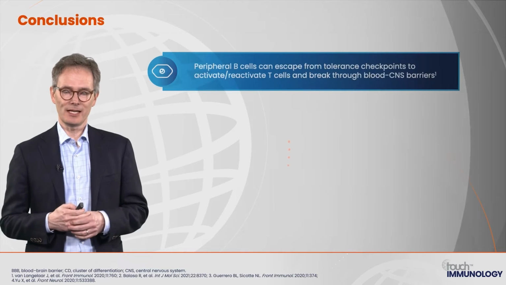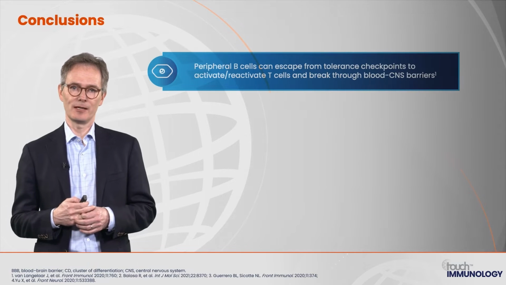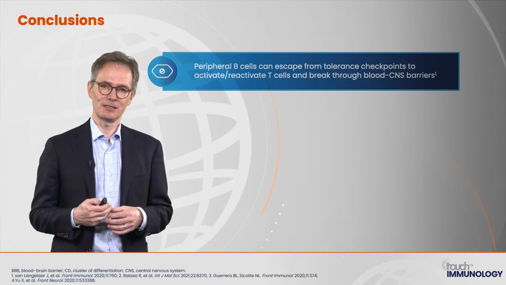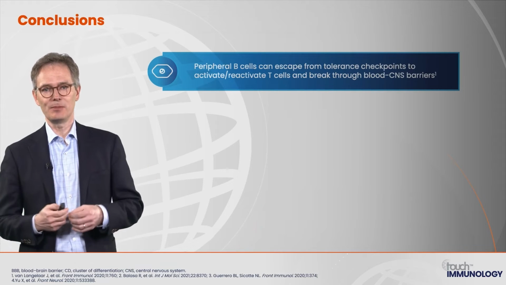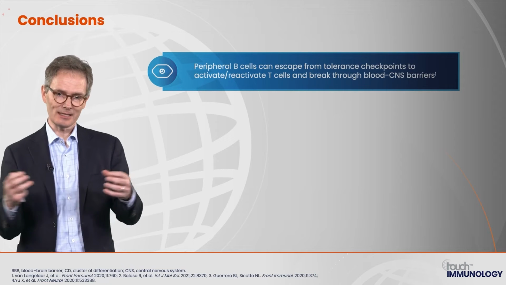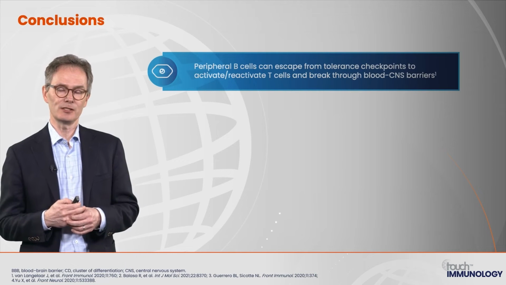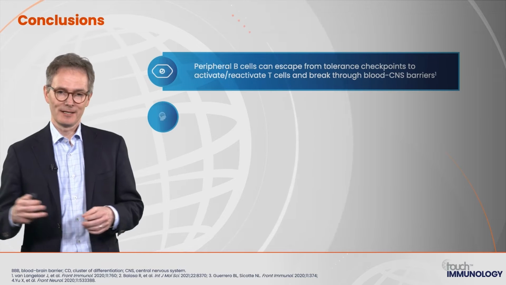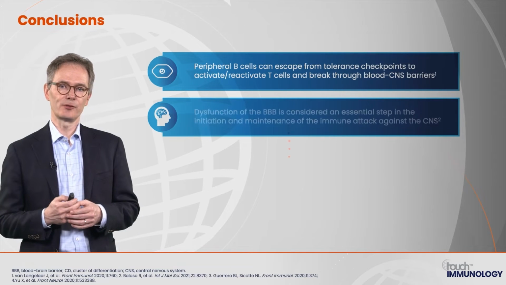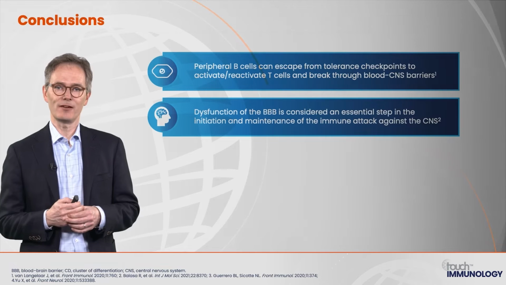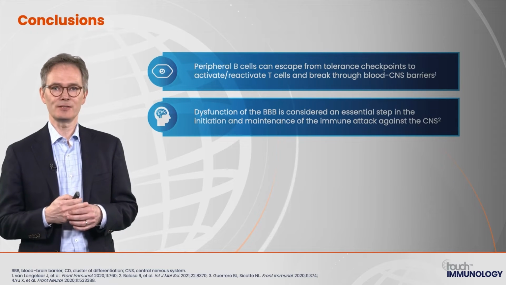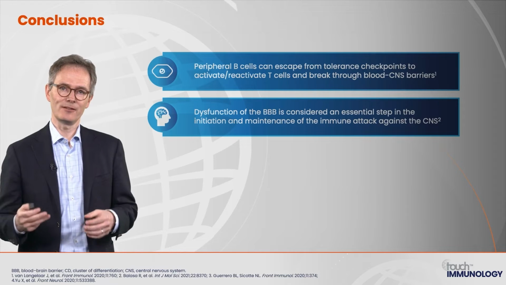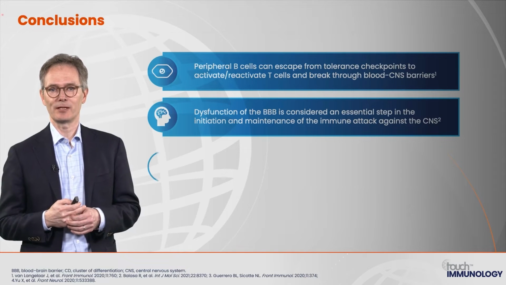So to summarize, the immune response in MS is initiated in the periphery in lymphoid organs, where autoantigens are presented by B cells and dendritic cells to T cells. The T cells interact with the B cells and they activate each other and lead to a maturation and proliferation of B cells. Then these cells circulate through the body, searching for the antigen. Since they have been activated, they can cross the blood-brain barrier, get into these perivascular cuffs. There they can get reactivated and then finally enter into the brain parenchyma.